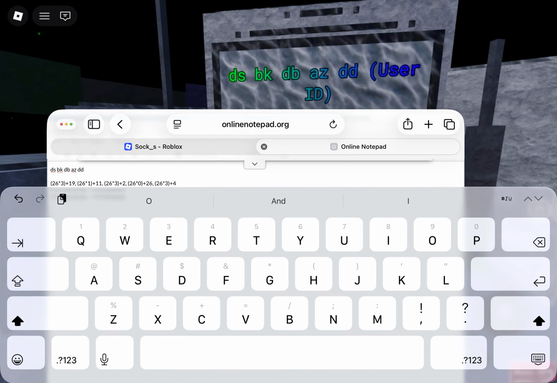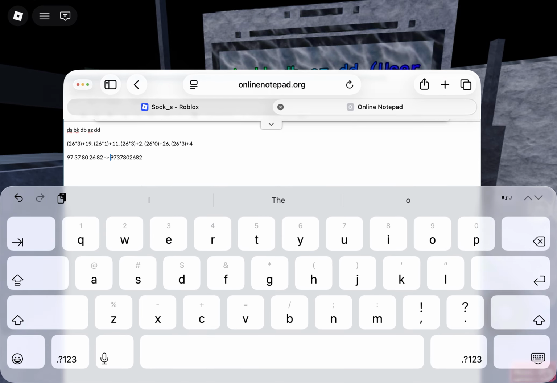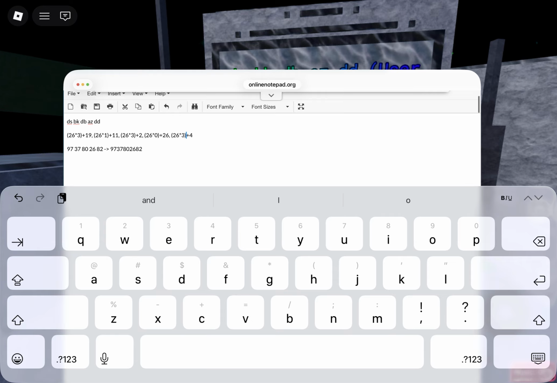BK is 26 times 1 plus 11. DB is 26 times 3 plus 2. AZ is 26 times 0 plus 26. And DD is 26 times 3 plus 4. So if you calculate all those numbers, you get 97, 37, 80, 26, 82, which is this, and this is